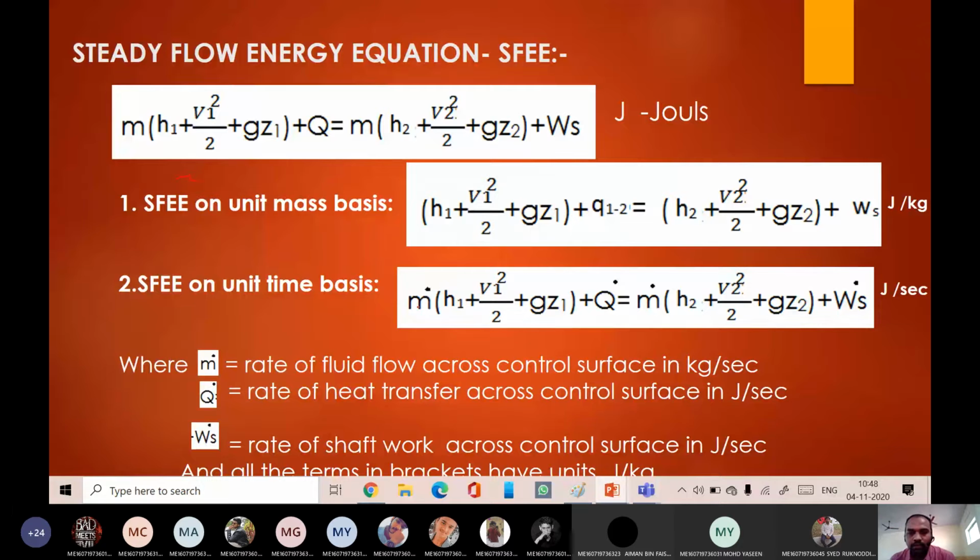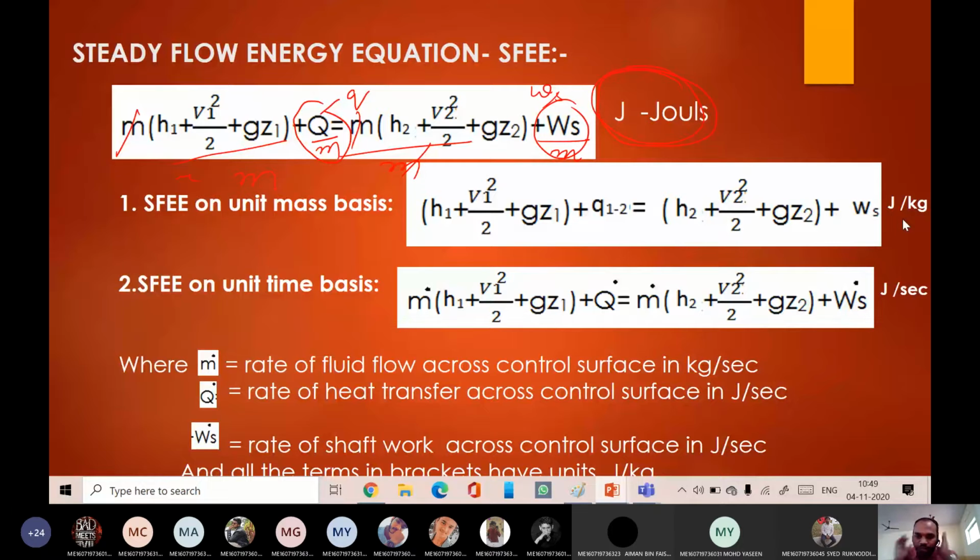Right. So the units here are joules. With respect to mass, if you divide the equation, left-hand terms with mass and right-hand side with mass, the mass will be cancelled. Here Ws by m will come and Q by m will come. Q by m is called specific heat Q and Ws by m is called specific work, small ws. This is joules per kg.